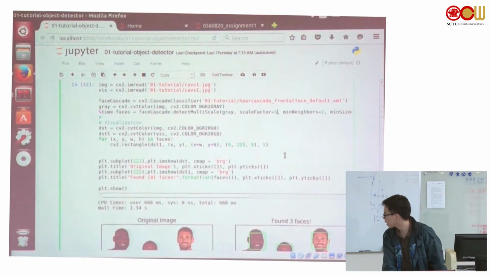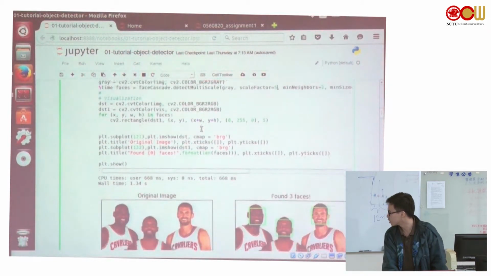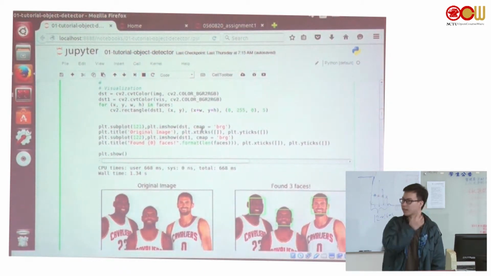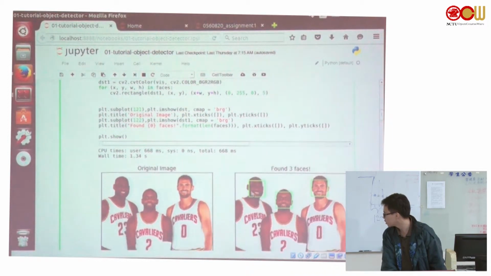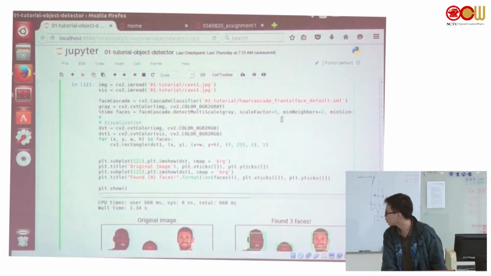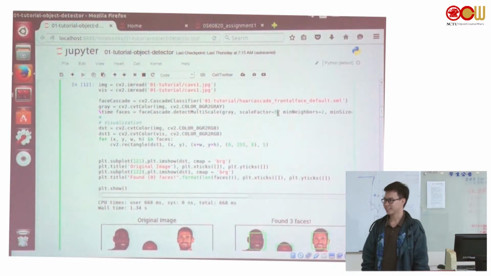For example, this is my code, right? So I changed my image here. I use the Cleveland Cavaliers players, it's a basketball team. So it will detect 3 faces here. And what would it be if I change the scale factor, not the default one, like 5? It can find a wider range of more bigger or smaller